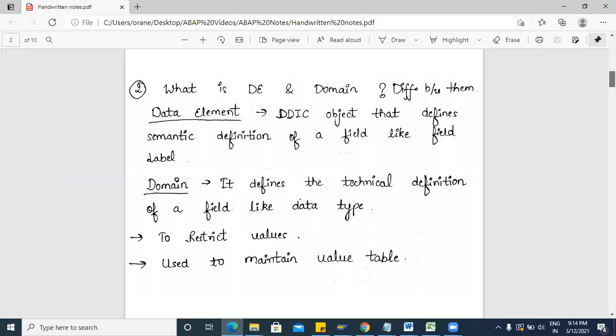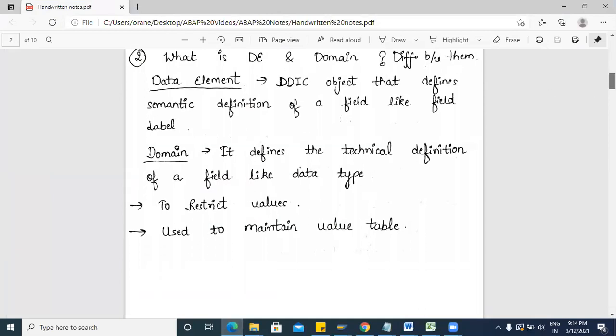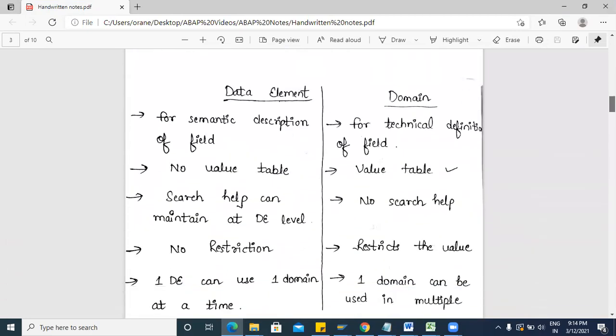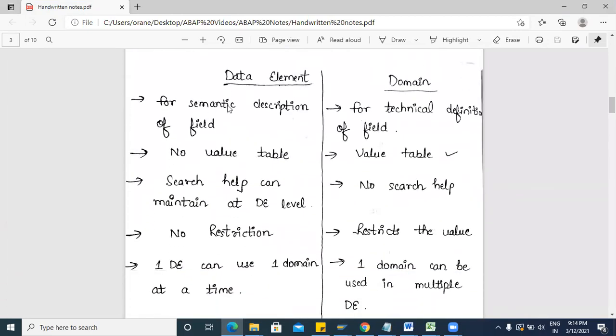Now let me explain you what is the difference between domain and data element. So data element is used for the semantic description of the field, for the semantic information of the field like field label, and domain is for technical definition of a field like data type. So in the data element, we cannot have any value table, but we can have the value table at the domain level.